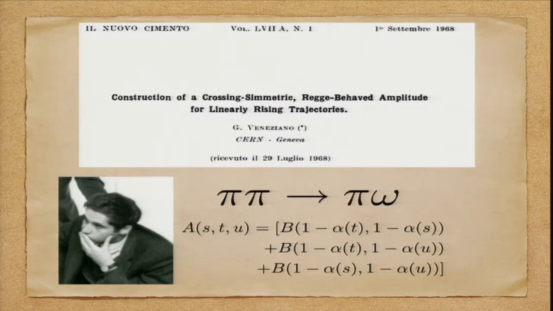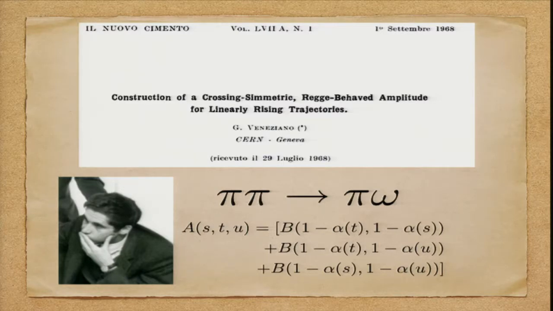Then in 1968, there was a proposal for an amplitude by a young Italian guy, Gabriele Veneziano. And look at the title of the paper. It's a bit Italian in symmetric. Beautiful. So he wrote down an amplitude for pi pi to pi omega in terms of beta functions. Of course, this is completely different from what you do when you do a field theory. You start with a Lagrangian, you do propagators, you do whatever. Here he just wrote this expression,